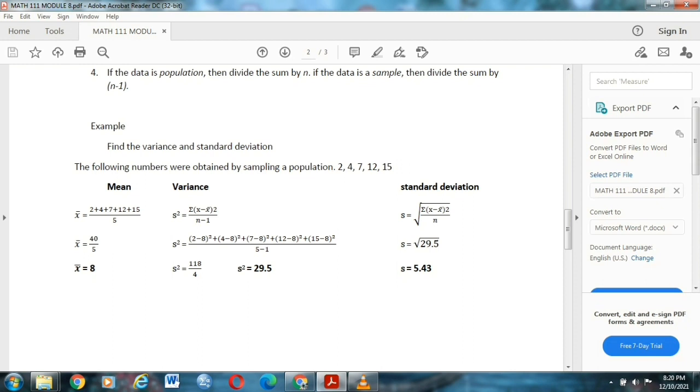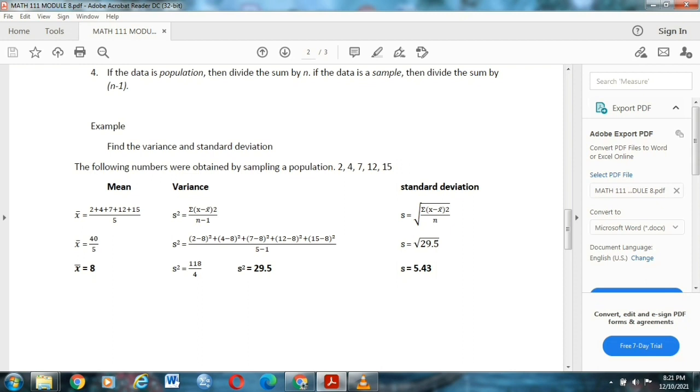Next value, 4 minus 8 squared plus 7 minus 8 squared. Next, 12 minus 8 squared plus 15 minus 8, or the mean, then squared. All over 5. Okay, sample siya. Minus 1. So,